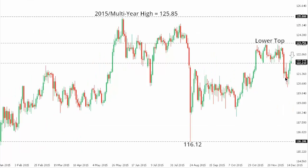Dollar yen. So although dollar yen has broken back above previous support at 122.20, the market would need to establish a daily close back above this level to suggest that we could see more significant gains back towards that recent high that we saw at 123.76. If the market does establish above